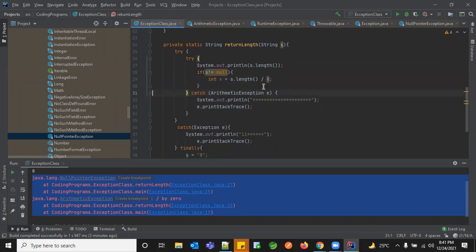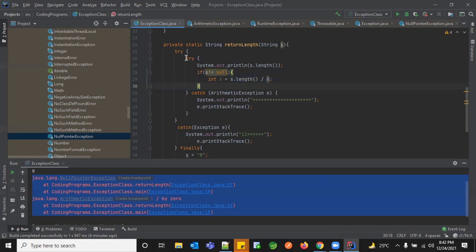And in that case, what happens? Only if it is not equal to null, I'm going to do this. But even then I'll get this arithmetic exception. So there's a dependency created between these two. So one way you can handle your null pointer exception is by giving a check. Only if this if condition is satisfied does it go in. Otherwise it won't go in. So though you pass null, you're actually suppressing your exception by handling it. This is one of the ways to handle it through code.